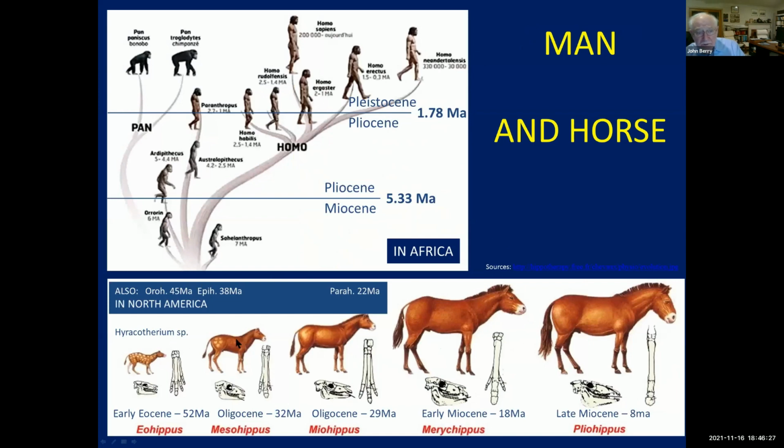So back to the animals. Everybody, I think, has seen the evolution of the horse from Eocene Eohippus to late Miocene Pliohippus. And maybe many people have also seen versions of this: the human family tree through the Tertiary, though, and the late Tertiary, because we don't really see anything like a human until the late Miocene. It is changing all the time because there's so much focus on looking for fossils